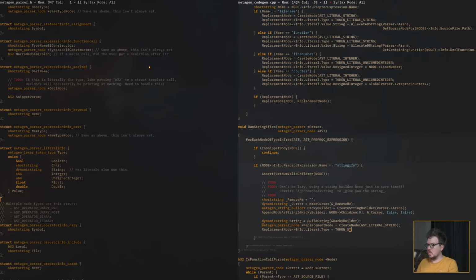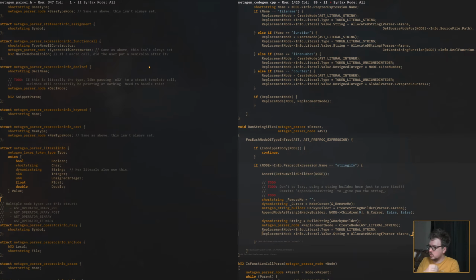So token literal string, and the value.string equals allocated string on the parser's arena. And I think we can just pass the string. Pretty sure. And then all we have to say is replace node. Replace this node with the replacement node.